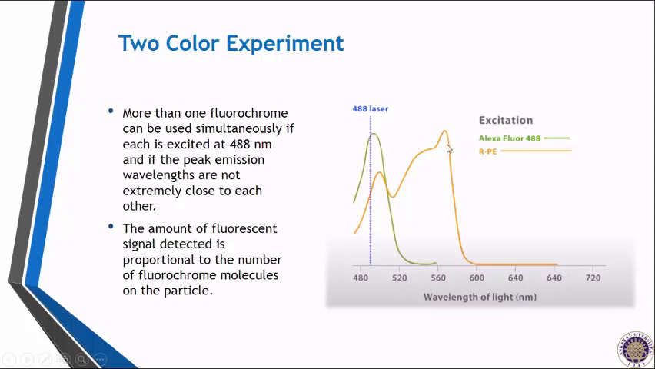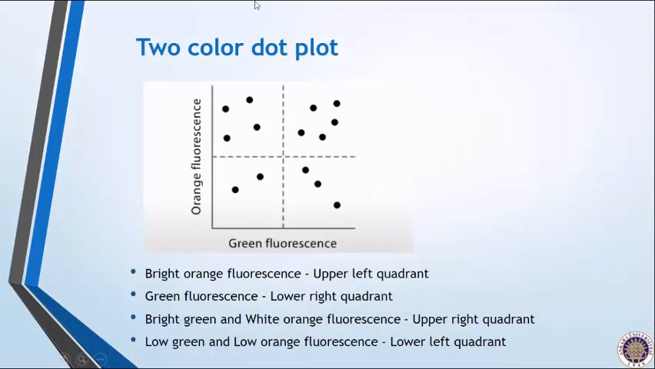Compatible dyes such as these allow scientists to easily detect two colors from a single laser. The amount of fluorescent signal detected is proportional to the number of fluorochrome molecules on the particles. So if we analyze data from a two-color experiment using a scatter plot for discrete populations, we can comment on that in